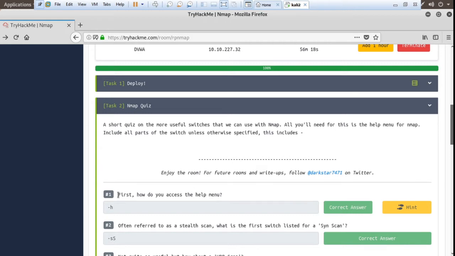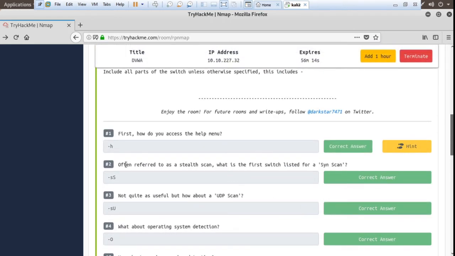Officially it's -h. Next question: often referred to as a stealth scan, what is the first switch listed for this? So it's -sS, and using this, all the services come out here.